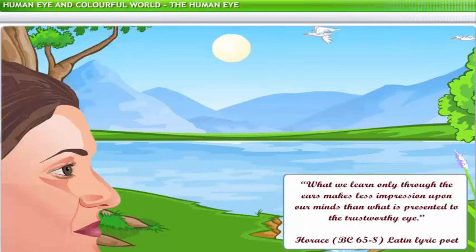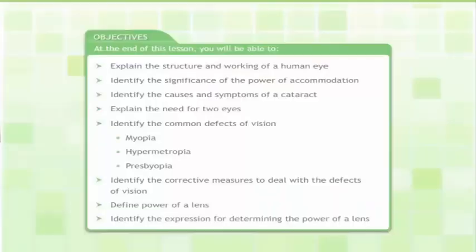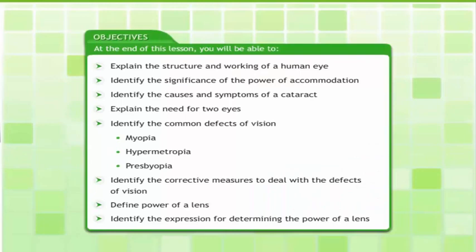In this lesson, you will learn about the structure and working of a human eye, defects of vision, and the remedies for these defects. At the end of this lesson, you will be able to explain the structure and working of a human eye,